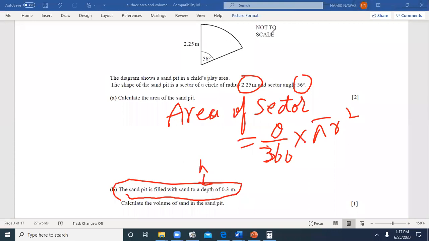Okay, then move to the next one. Now I'm going to ask you a few things and I'll nominate the person. This is the type of question we just discussed. Again, a toy is given, but in a bit different form. The above one had a cone and a hemisphere. Now this toy has a cylinder and a hemisphere. So he's asking you to find out the volume of the toy.